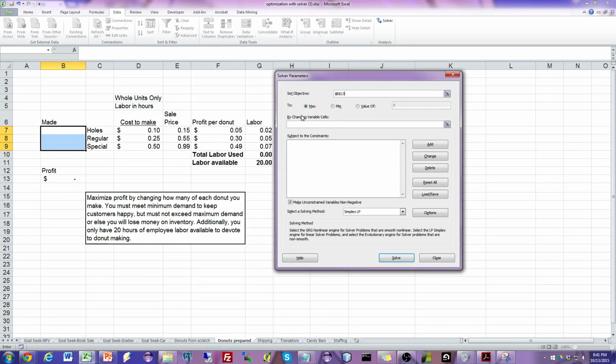Here we see it asks, do we want to maximize, minimize, or set to a specific value? Maybe we want to have a certain amount of profit. In this case, we want to maximize, so we'll keep that selected. The next box asks us by changing which variable cells. From the reading, you should know that these are the decision variables. The variables that will change, in this case, the number of donuts that will change in order to maximize profit